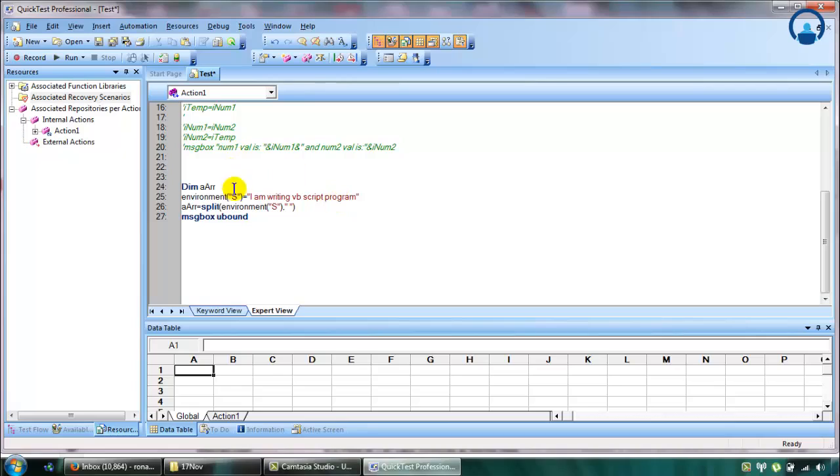So when I display UBound, UBound is 5, because the upper bound is 5 and the lower bound is 0. So the message box will display 5, but as you can see, we need to display 6 because there are 6 words in this. So we'll simply write